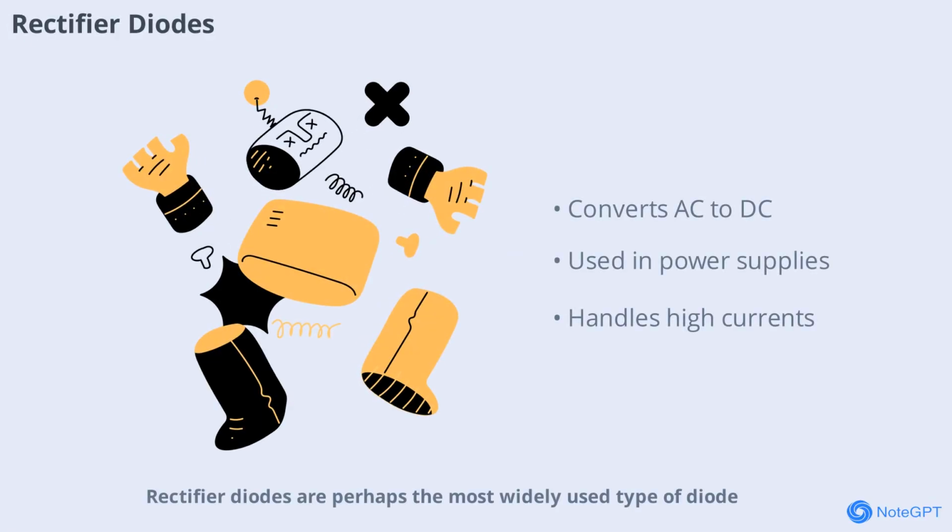Rectifier diodes are perhaps the most widely used type of diode. Their main job is to convert alternating current, AC, into direct current, DC, a process known as rectification. This is essential in power supplies for electronic devices where a steady DC voltage is needed. Rectifier diodes are robust and can handle high currents, making them ideal for use in chargers, adapters, and many household